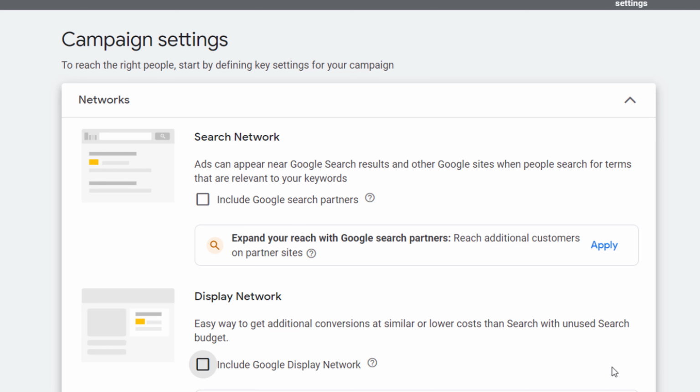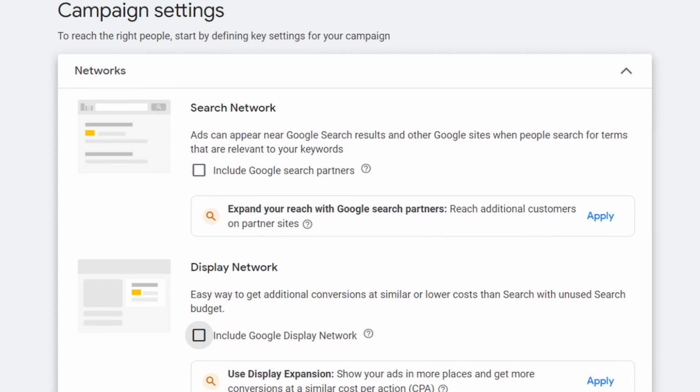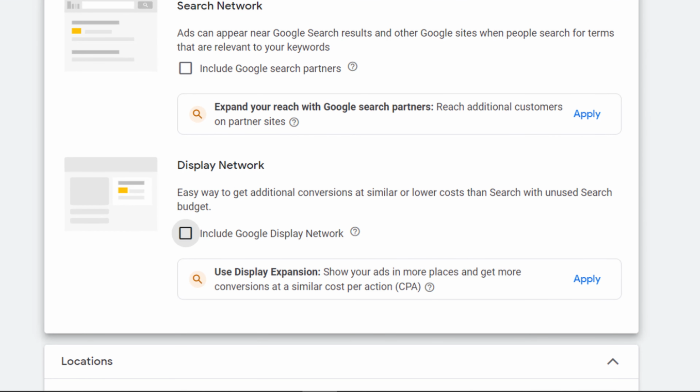The next thing is the display network. This is absolutely awful, and I don't know of any reason you would ever want to use this. If you want a display campaign, go ahead and make a display campaign with the display network.